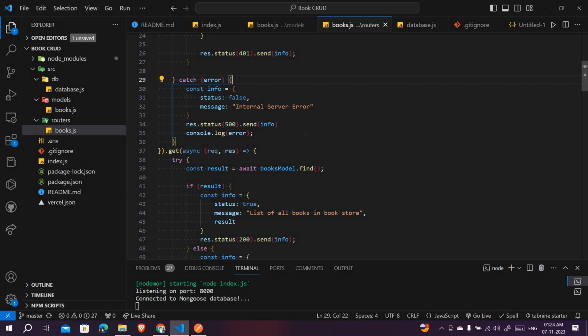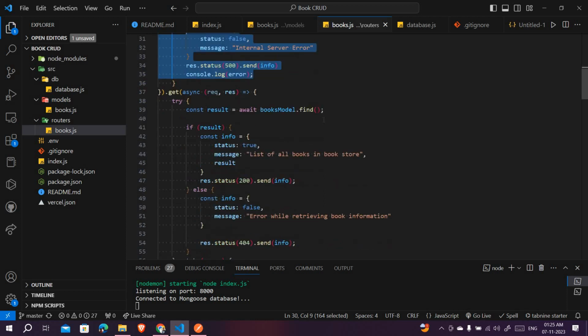For such a condition, I have made this API